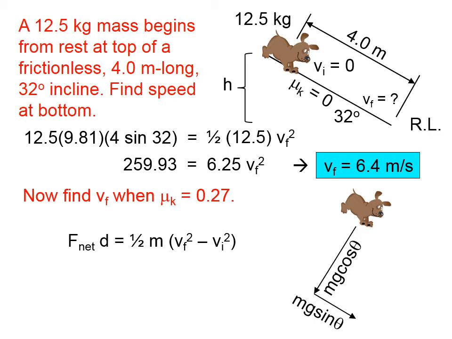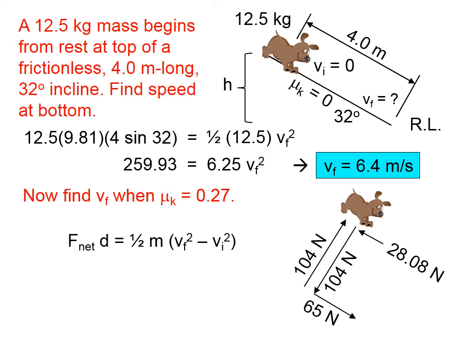Perhaps you remember that back when we were studying Newton's laws. There will also be a normal force, which is numerically equal to mg cosine theta, and there will be a friction force, which will be mu sub k times the normal force. Well, let's find some numbers here. Mg cosine theta is going to be 104 newtons. Mg sine theta will be 65 newtons. So the normal force will be 104 newtons. And the friction force will be